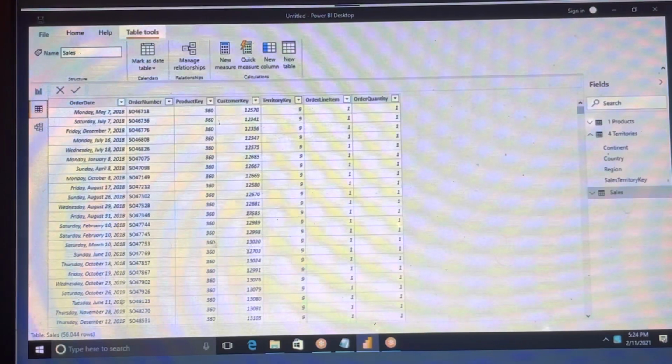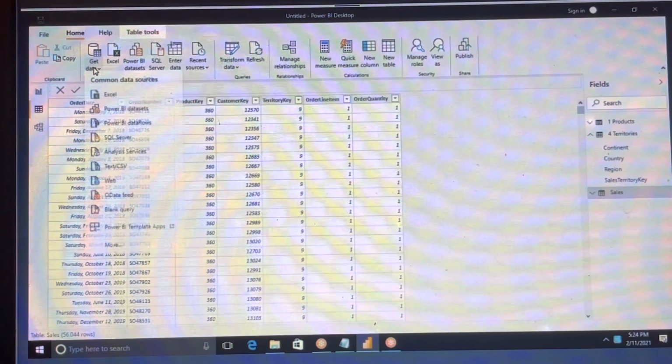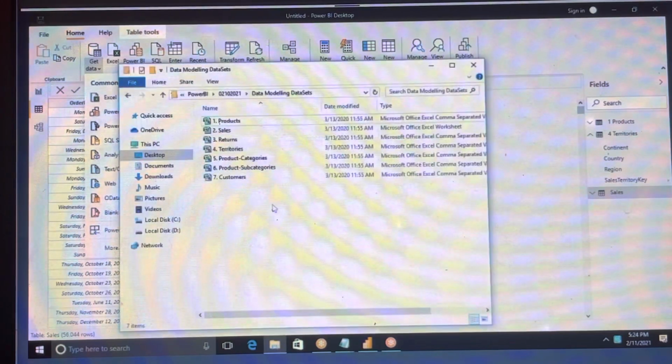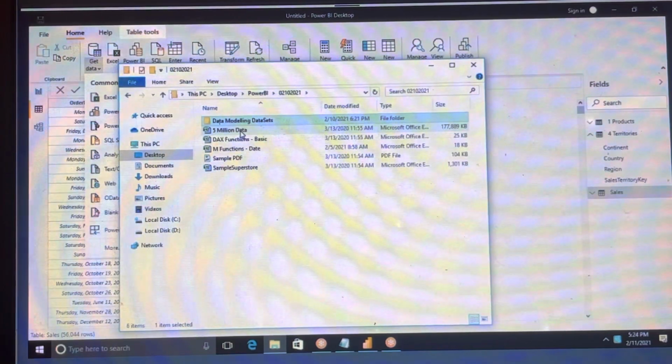And also we have 5 million rows of data. Previously I said we can get 100 million rows from Power Pivot, right?